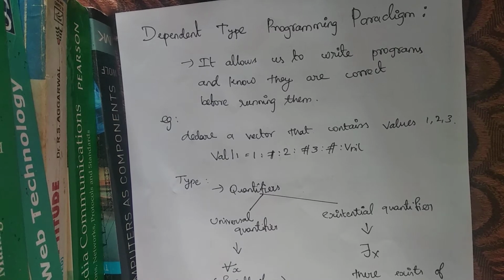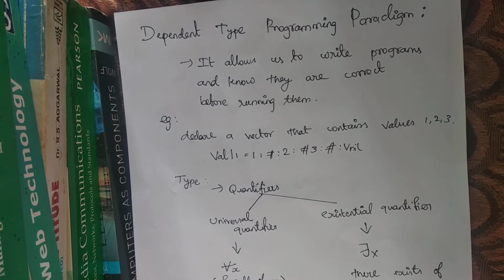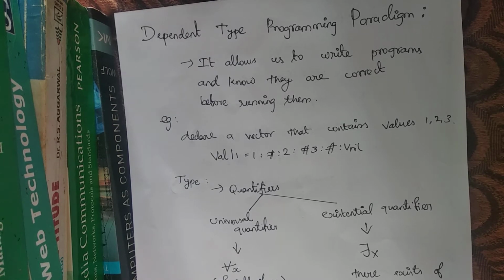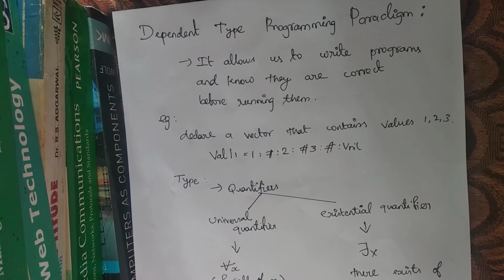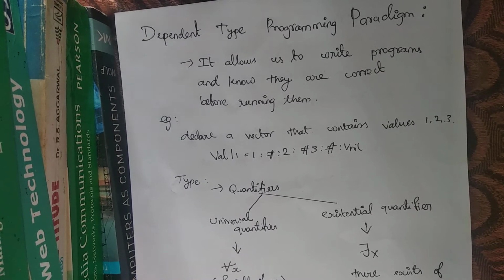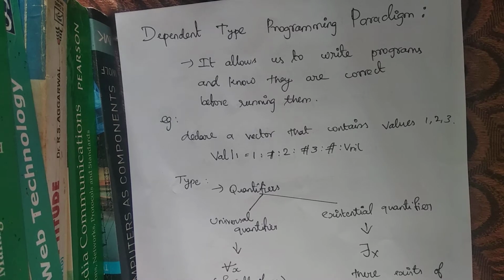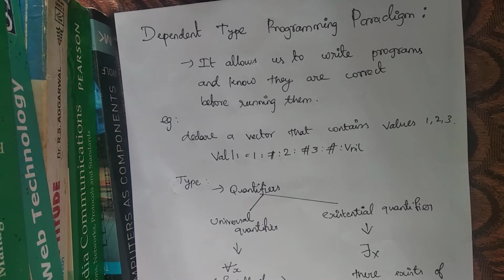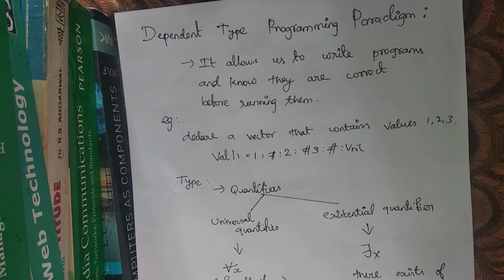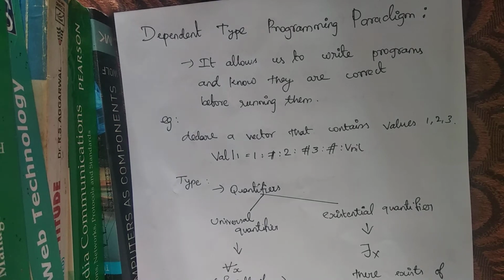For example, I am declaring a vector of values 1, 2, 3. The values are integers. The hint I am giving to the compiler here is that I am declaring a vector, the vector should contain integer values, and the vector has 3 values. This is a hint I am giving to the compiler. Like this I can give instructions to the compiler before running the program itself, right?